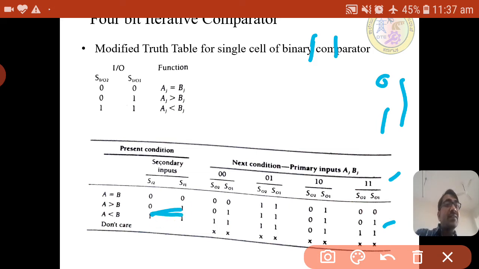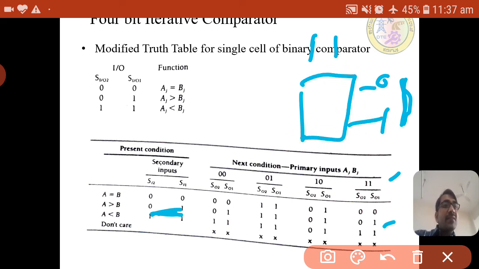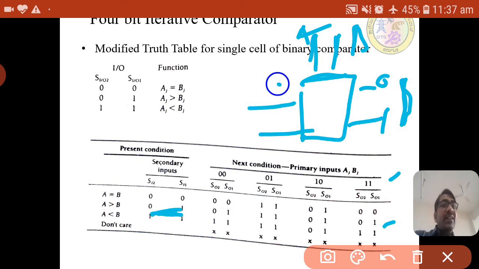So 0 1 is the input combination from the previous stage. The secondary input is 0 1, but the primary input is 1 1, A is 1 and B is 1. If both are equal, what is the next state? The next state is 0 1, which again means A greater than B.